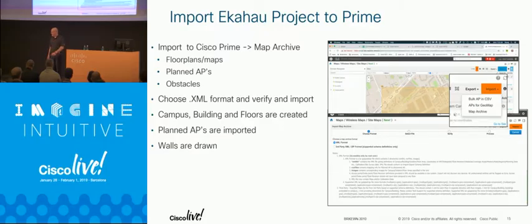When you import, it's going to come up as a plan, and you're going to be able to see the floor without any AP placement. The planned APs are in the planner on Prime. And then there's a facility to match that to the MAC addresses, or you could put the AP names and the MAC addresses in a CSV file, put it into the same zip that the export's in, and it'll come in, and all your APs, if they're on the system, will match up and appear. So it does save a little bit of time.